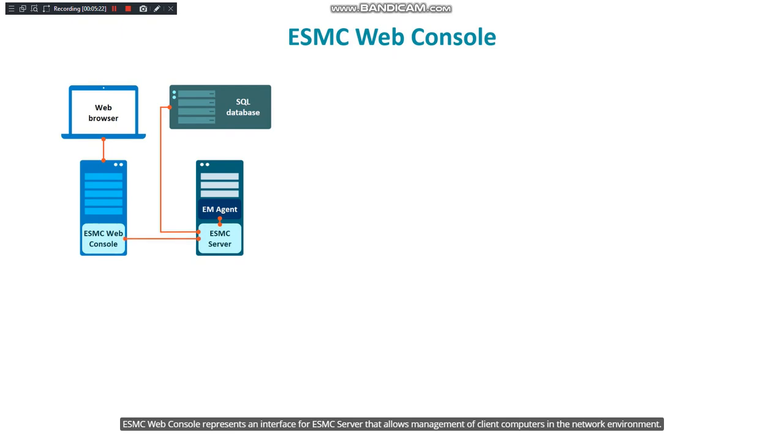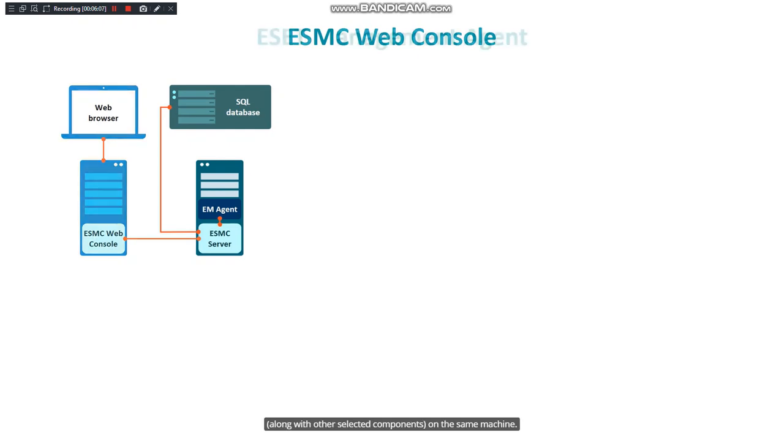ESMC Web Console represents an interface for ESMC server that allows management of client computers in the networked environment. It is running on the Apache Tomcat web server. The web interface of the ESMC Web Console can be accessed using any standard browser from any place and any device without further installation. If you choose to make the web server available via the Internet, you can use ESMC from any place and device with an Internet connection. ESMC Installation Wizard will install ESMC Server and Tomcat Web Server with ESMC Web Console along with other selected components